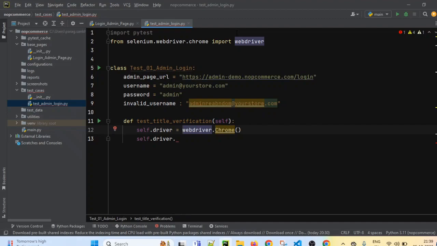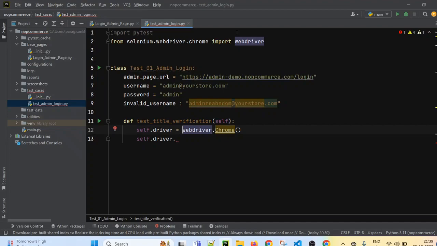So far, what we have done is we have created the base page. After base page creation, we have created the test class. In this test class, we have added the variables like admin page URL which we want to open, then username, then password, and then invalid username. And then we have created one method which is the actual test case.